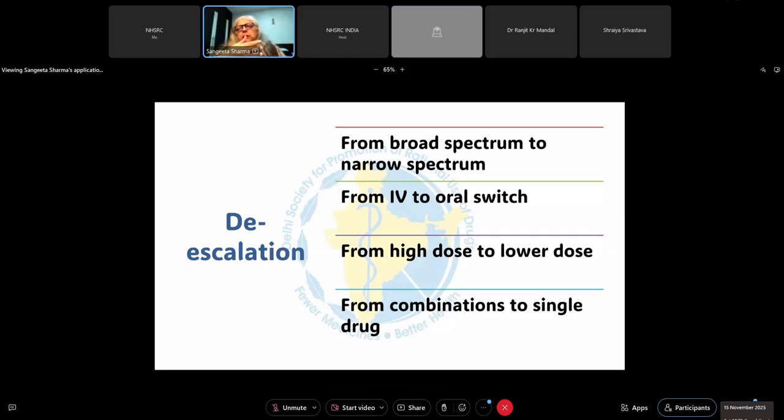I've been in the STG development process for the last 25 years. We started with 14 days of treatment for pneumonia. Then subsequently it was brought down to 10 days, then 5 to 7 days. Now it is 5 days. So 5 days of effective antibiotic treatment can take care of community acquired pneumonia. Continuing this until the X-ray consolidation clears up amounts to unnecessary overuse.